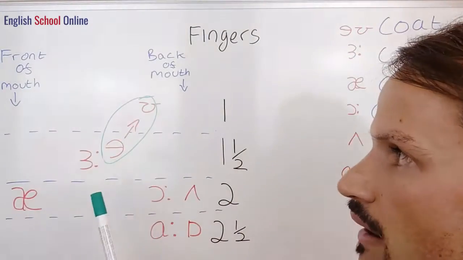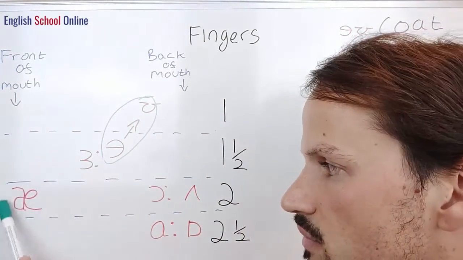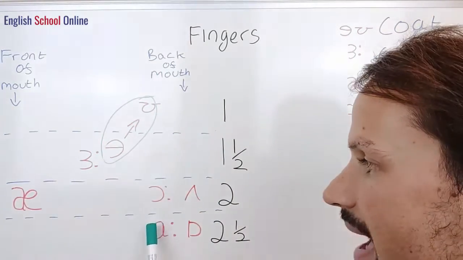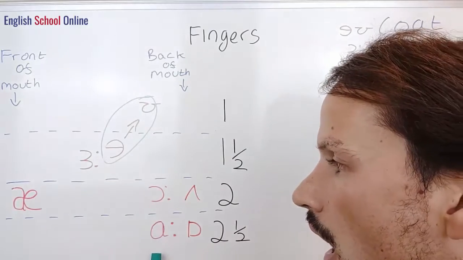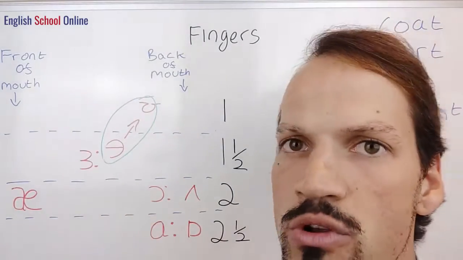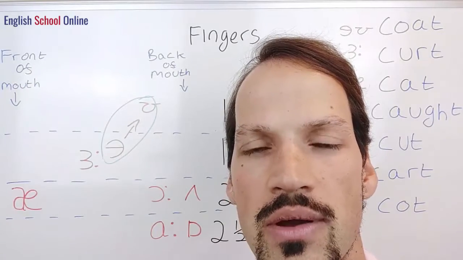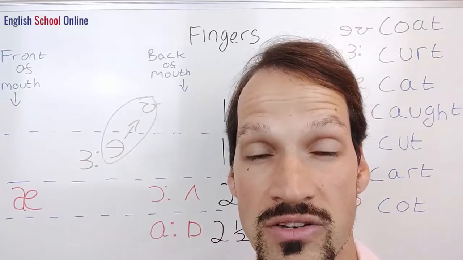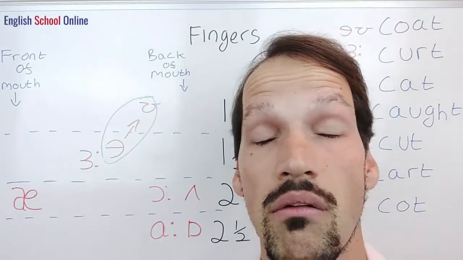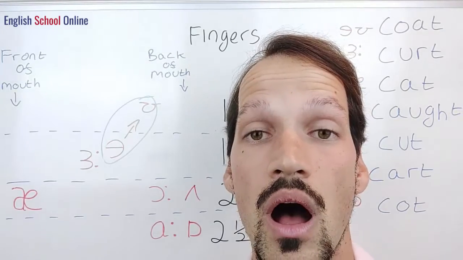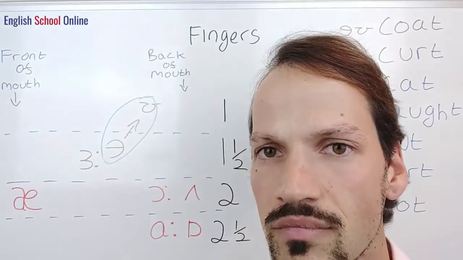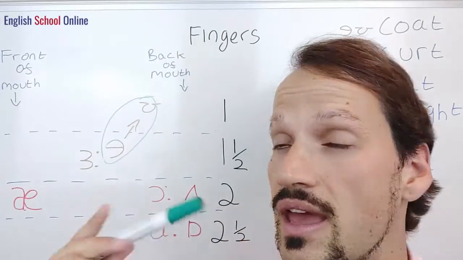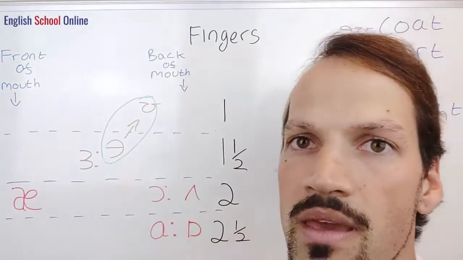If you're not familiar with the schwa sound, it's actually a really easy sound to make because it comes from the middle of your mouth. Sounds that come from the front of your mouth, like this one here, which is a, compared to sounds that come from the back of your mouth, like or r. The schwa comes from the middle, so all you're really doing is opening your mouth and just going Imagine you've just woken up in the morning and you're really tired and you're saying what time is it? It's that sound, okay? So you're starting in the schwa position, space for 1.5 fingers, and you're going up to